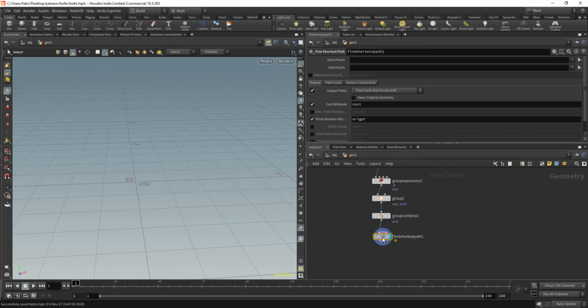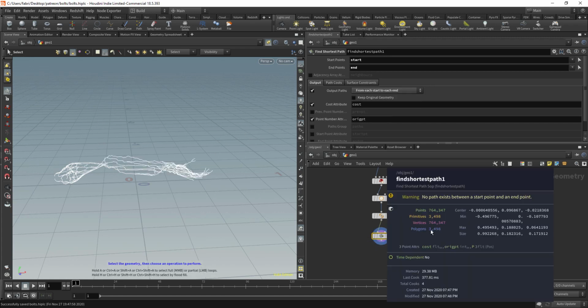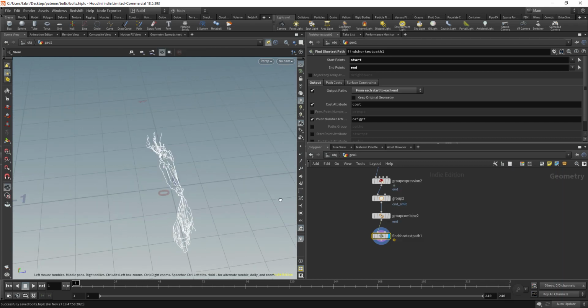So this is going to generate lines for us. You can select the start group and end group here, so start and end, and the mode will be from each start to each end. Now, before picking that mode, be sure to have just a few points selected, because this can become quite expensive. So in this case, it has generated 3000 curves, which I think is too much, but